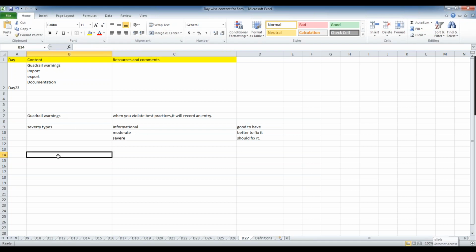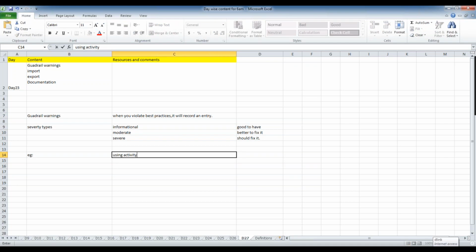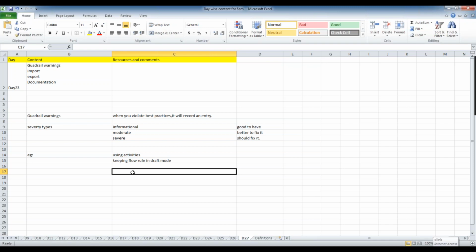Maybe any best practices. For example, using activities is a violation. So using activities is also one type of guardrail warning. Then keeping the flow rule in draft mode. As I said, if you remember, draft mode rules cannot be executed in production systems, so that is a violation. Even if you keep it in draft mode by mistake, the system will alert you, saying that so-and-so flows are in draft mode, so you need to fix that.